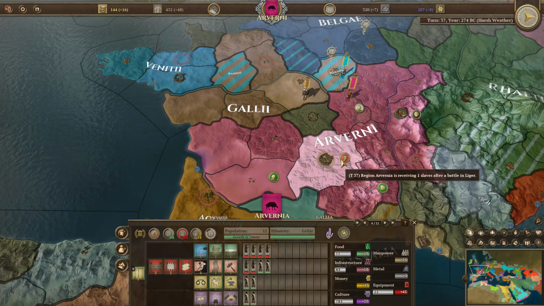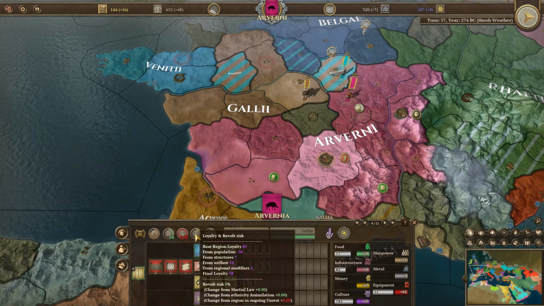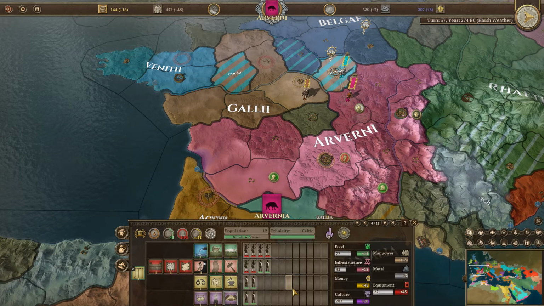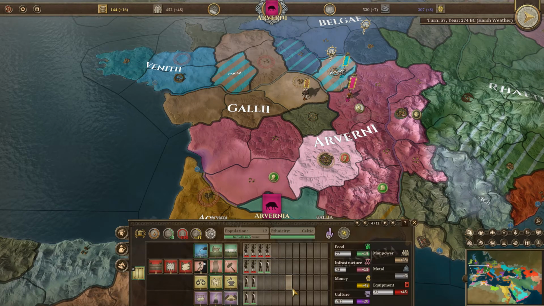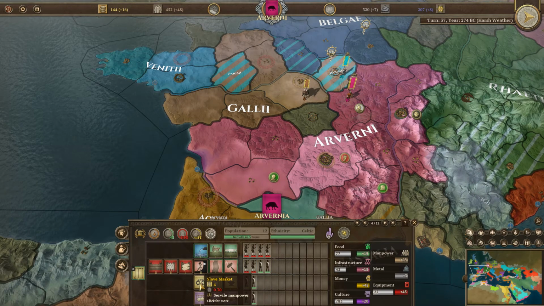Okay, here's our capital region. Region Arvernia is receiving 1 slave. Okay, now that is hurting our loyalty. The more slaves you have in a region, the less loyal it would be. That's not a great situation to have in your capital, of course, but it is what it is. Now we have built a quote unquote slave market. That slave market,